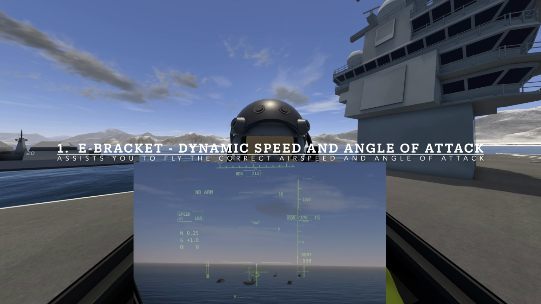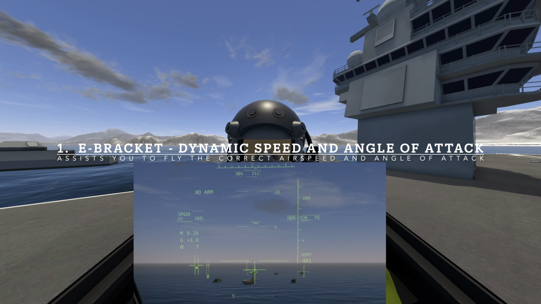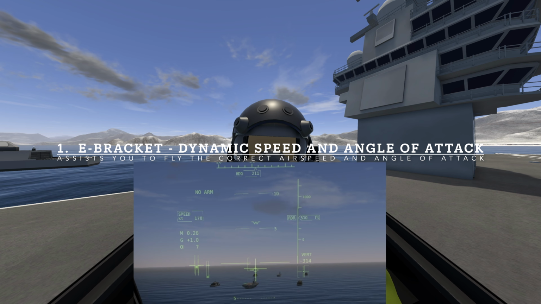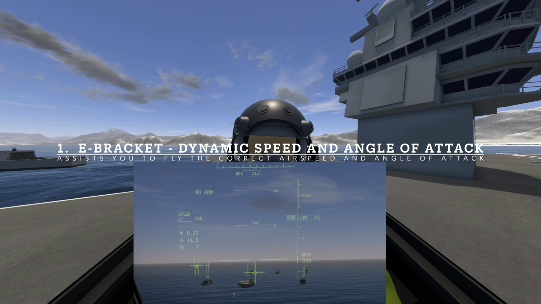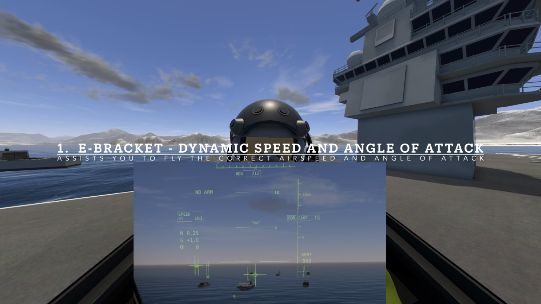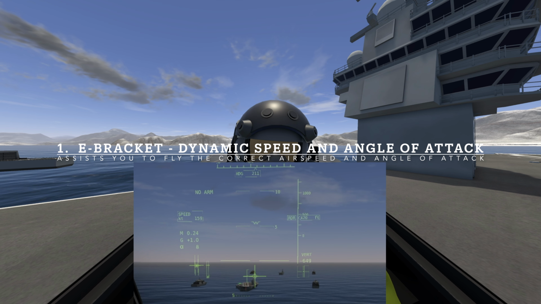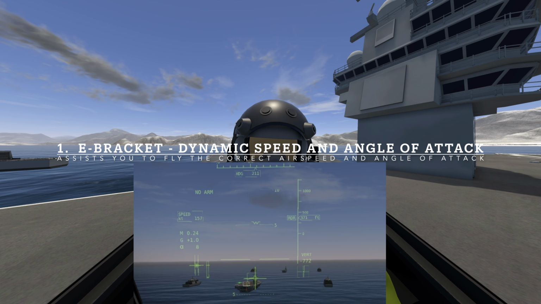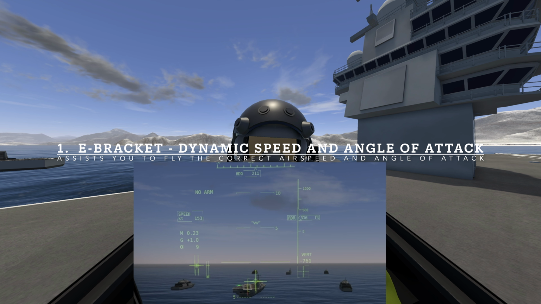When you extend your landing gear, the E-bracket automatically appears on the heads-up display. It floats up and down dynamically on the left side of your HUD, aligned with the nose indicator. Indicates whether your airspeed is too fast, or too slow, or just right. In combination, whether your pitch is too high or too low or just right. When centered on the nose indicator, you are at the correct angle of attack, 8 degrees, and optimal airspeed for